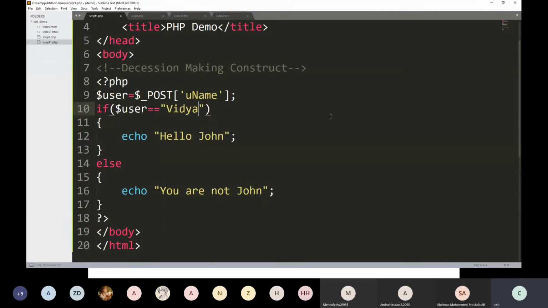Suppose the name is Vidya. Then it will show welcome, dot. If you want to give some space, then give the space, then again dot, then $user. Else you are not Vidya.